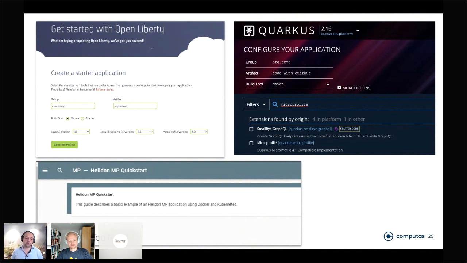Or if you want to switch between runtimes, you can do the same thing. You just download the artifact of the whole starter, and you just move the files that you want to. We're going to be using Maven in this project, which means we work with POM XML files, and if you want to switch from Quarkus to OpenLiberty, or from OpenLiberty to Quarkus, or to Helidon or whatever, we'll just download those artifacts and copy the POM files and replace them, or maybe just rename them for different application servers, and it will just work.